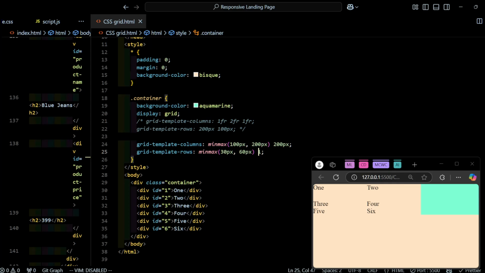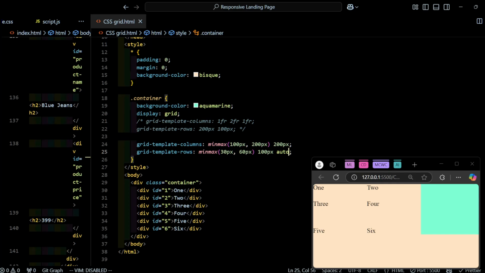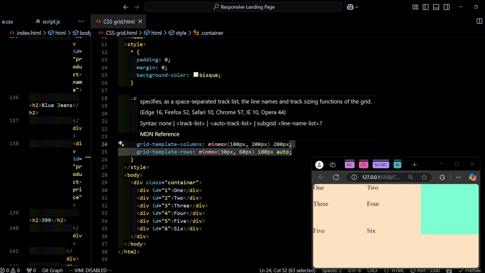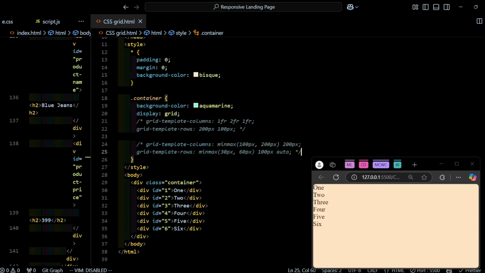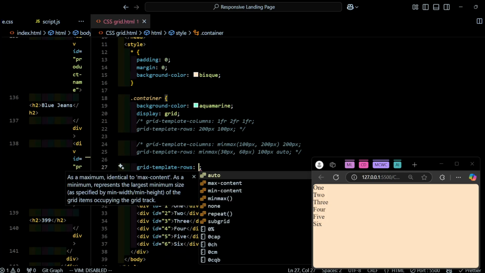Second row I want of 100 pixels, and finally auto. Whatever the size is left is given to the third row. Third row has 5 and 6 elements. Okay. Now there is another way of doing this with grid template columns, where we can say grid template row is